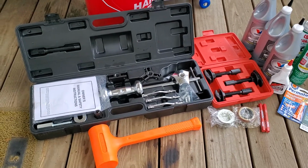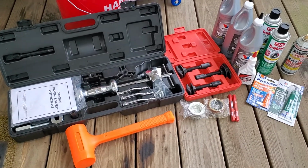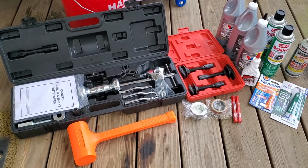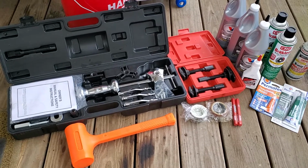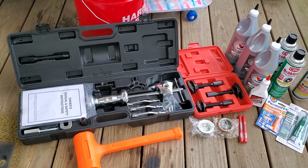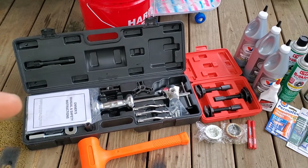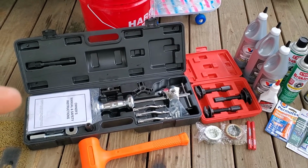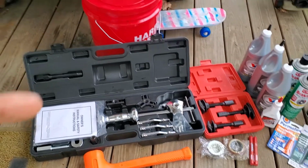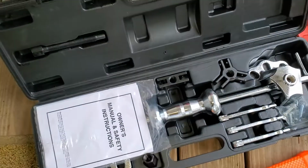All right, folks. So this is pretty much everything you're going to need to get this done, aside from a floor jack and some jack stands, which I already have the car jacked up and leveled, I guess, in a safe spot. You are going to need a heavy-duty slide hammer, which is the big black box. You can buy these. If you buy these, make sure you get a decent brand. I believe this one is made by Orion Motor Tech. Yeah, Orion Motor Tech. It's a pretty good